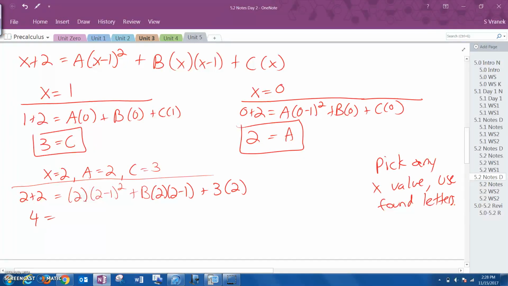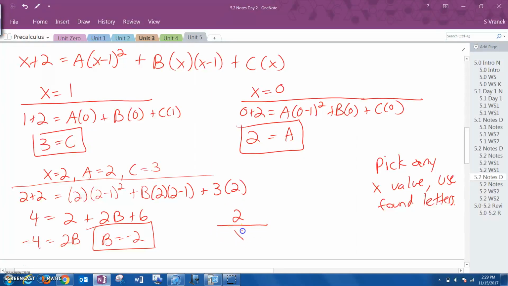I have 4 is equal to, this becomes 2 times 1, which is 2, plus 2 times 1, or 2b, and then plus 6. So if you move 8 over, you get negative 4 equals 2b, and b equals negative 2. So now I have my final value, so I can write my partial fraction decomposition as a, which is 2,